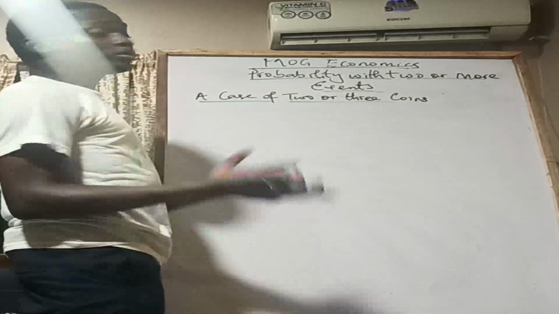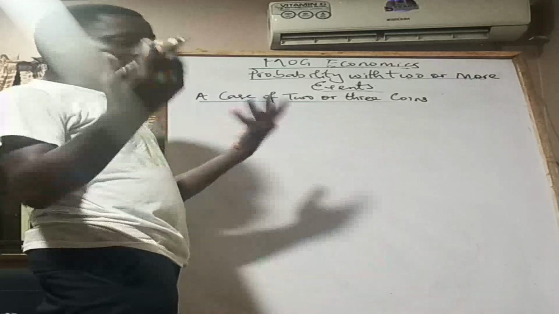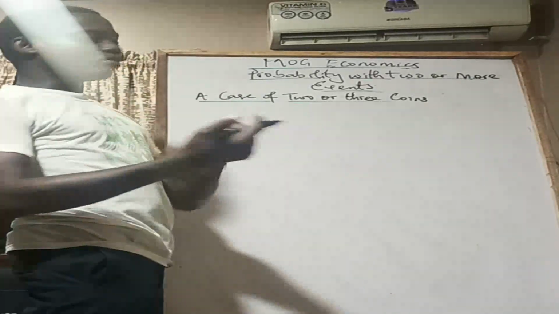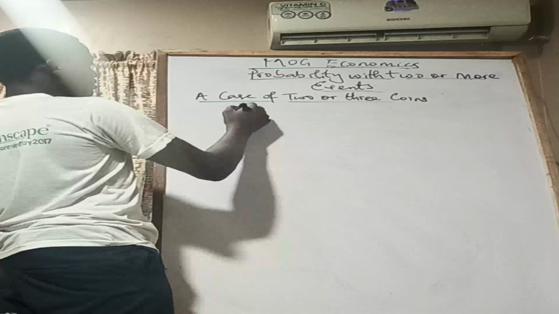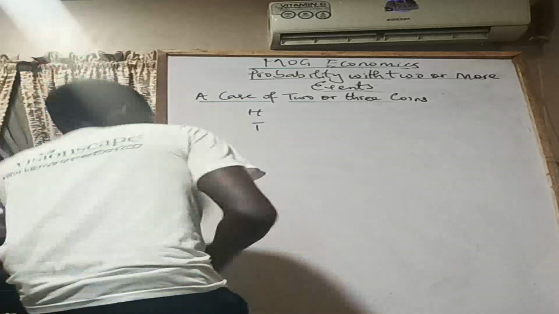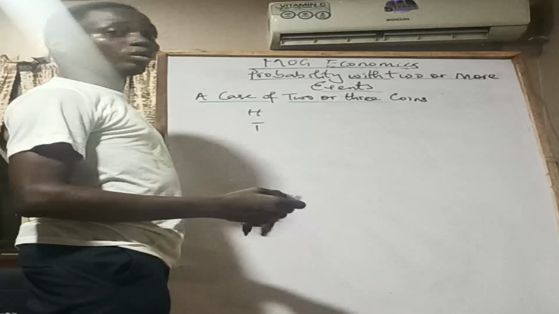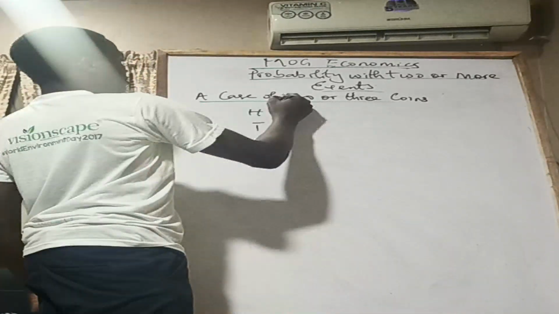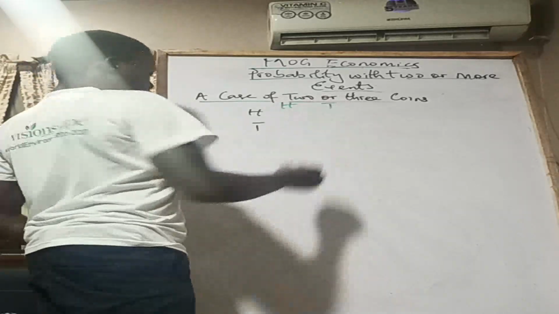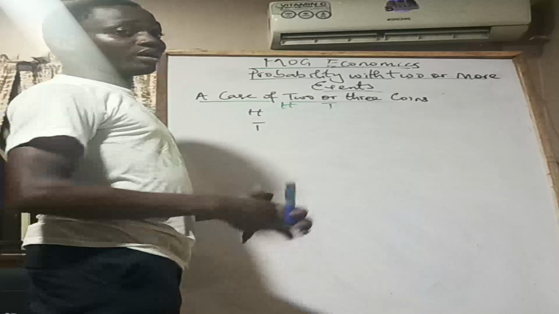When you toss a coin, you can either get a head or a tail, like we've been saying. So you toss the first coin, you can either get a head or a tail. But if you happen to have two coins, the other coin as well could either give you a head or a tail. So what happens when we toss the two of them together? What are the different possibilities that we are going to get?